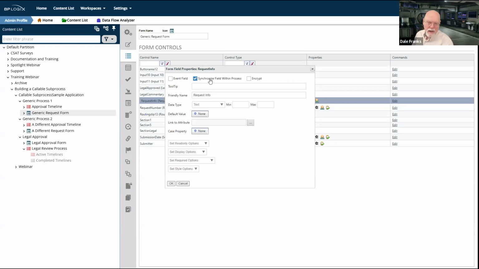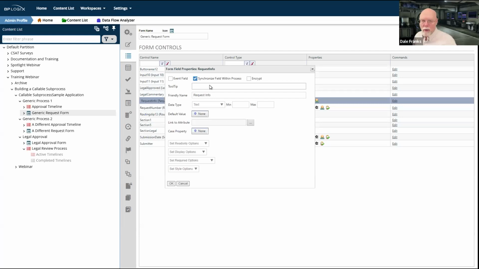What this does is, if you have 2 forms in the same process, and both of those forms have a field, which in this case is named request info, and they both have the same name, what I am saying is, I want this request info field to be synced in the process.